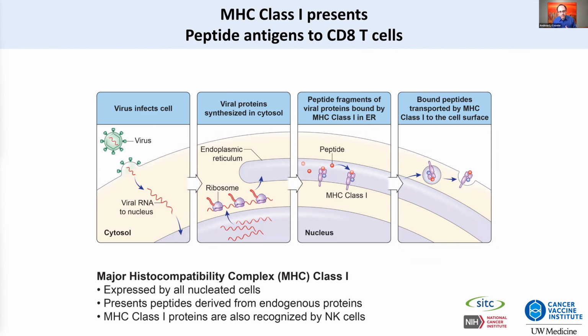Jumping a little bit at this point to a virus infecting a cell. In this picture, a virus infects the cell and gets put into the cell. The viral RNA or DNA gets processed and makes the virus proteins. These proteins get put onto ribosomes, which isn't necessarily all that important to remember for this purpose. It then goes into something called the endoplasmic reticulum, but really what happens in this area is these proteins are chopped up into little pieces called peptides and then get stuck into